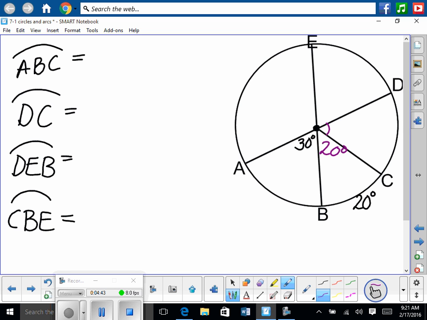30. 130, right? 180 minus 50, guys, okay? It's 130, okay? So we can go about this a couple different ways. Next thing,